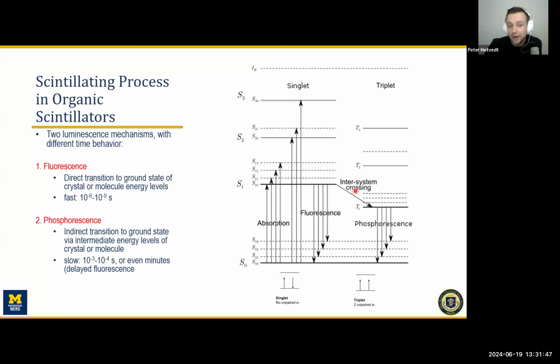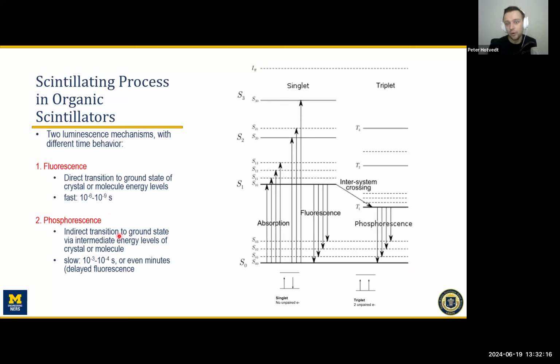Phosphorescence is an indirect transition to the ground state via intermediate energy levels. So you might have this excitation, but it activates a triplet state. And as a result, it needs to reach this triplet state before it can go back down to a singlet state. That's what we say when we have phosphorescence occurring. And this is slower. This is on the order of milliseconds. So 10 to the minus 3, 10 to the minus 4 seconds versus 10 to the minus 6 to 10 to the minus 9